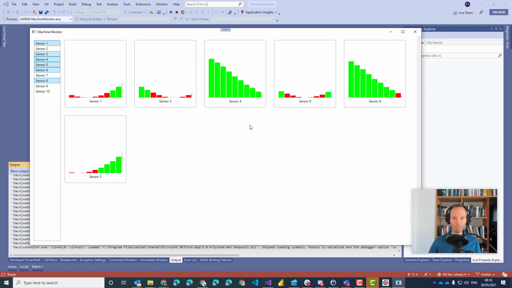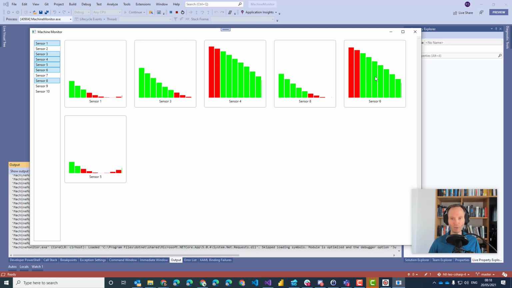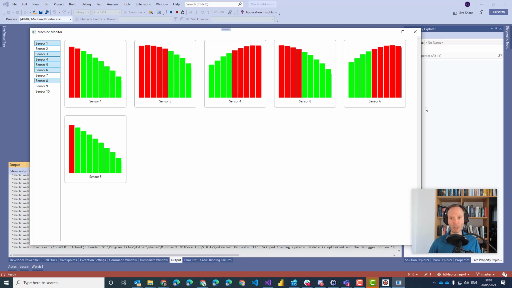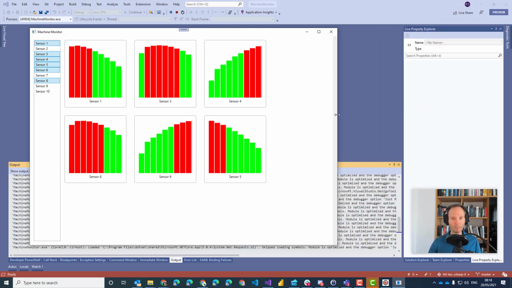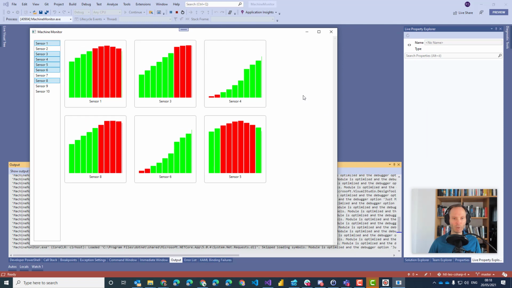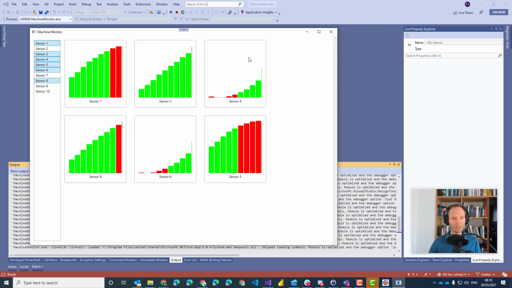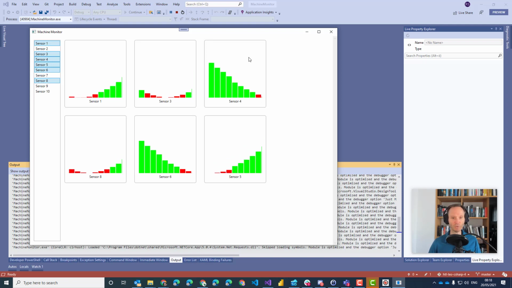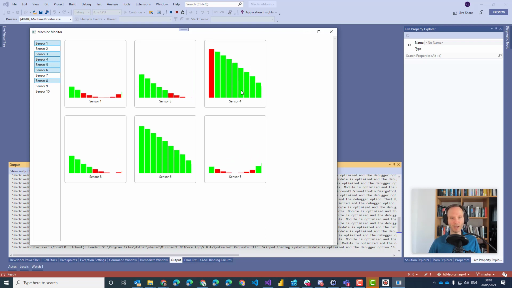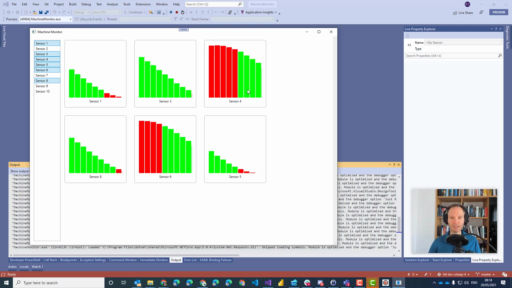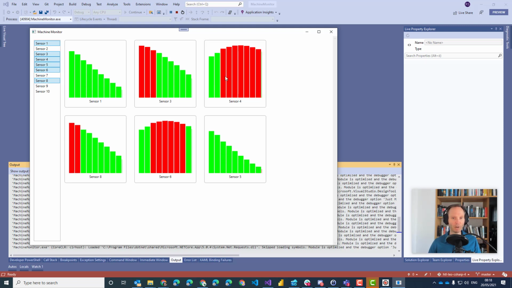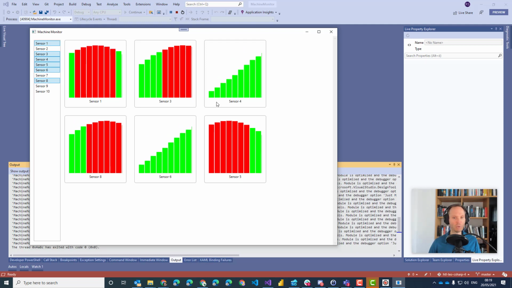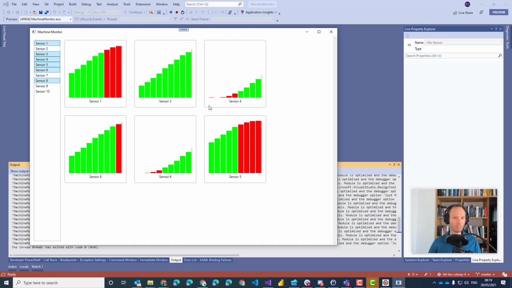And I have already prepared a class which can generate those artificial values. But I ask you to use your imagination. Imagine that this would be some kind of machine monitoring system where these values come from physical sensors built into the machines. We gather this data and we want to display that in a kind of bar chart. And whenever this value, in this case the temperature, is too high, then the bar is red. And whenever the temperature becomes too low, it also is displayed as red,